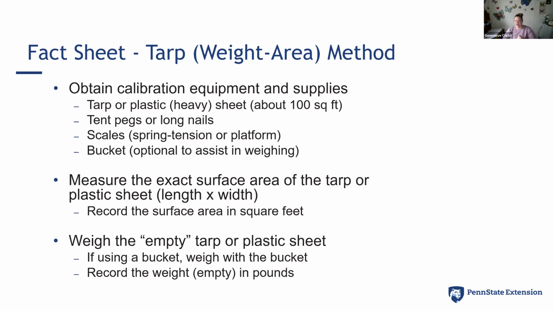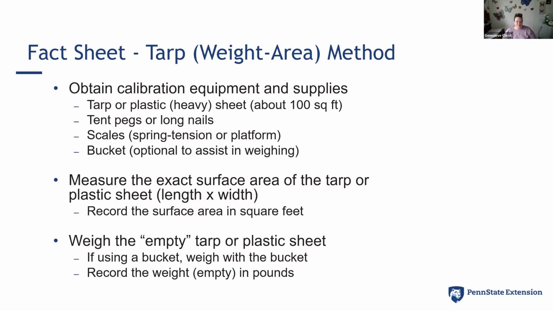We're going to want tent pegs or long nails, scales, preferably some sort of spring tension or platform scale, and then a bucket, which really is optional, but it does make weighing a tarp covered in manure a lot easier if you have a bucket for part of that process. And I recommend having multiple tarps, because if you can lay out multiple tarps throughout the field, the farmer can keep spreading manure while you're gathering up and weighing one of those tarps without you having to rush to get that tarp back out into the field for the second pass, because we got to do this more than once